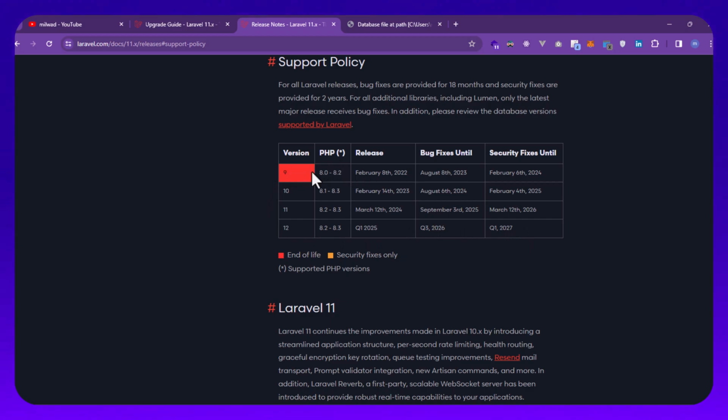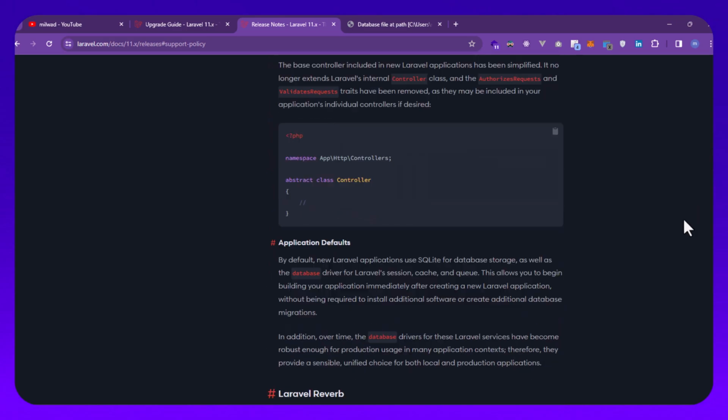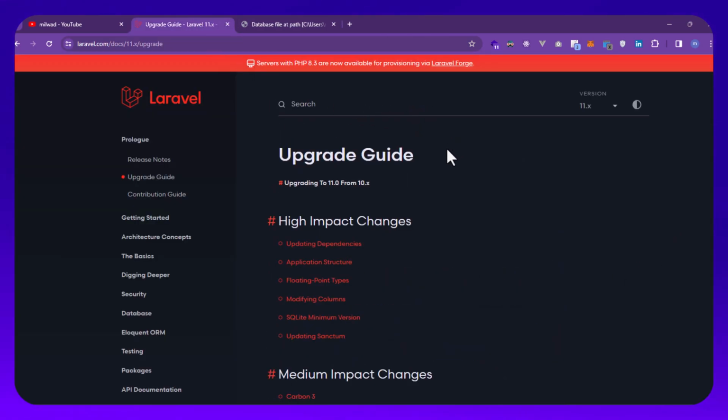Version 9 of Laravel, I think, has expired. Yes, bug fixes have expired, and security fixes have also expired completely. Version 10 is okay, you can use it. Also, 11 and 12 are released in 2025. Here it is talking about Laravel 11 and something else, but let's go